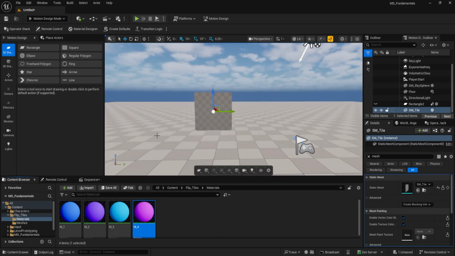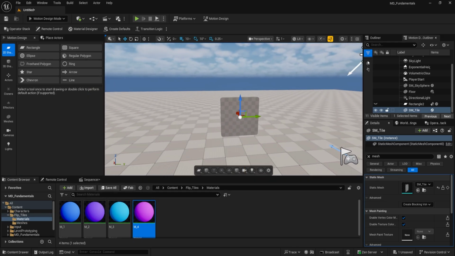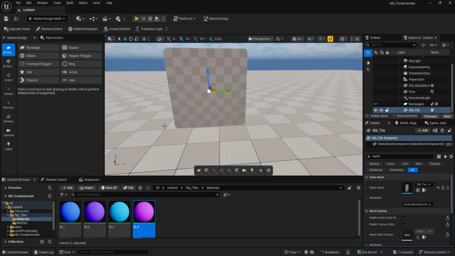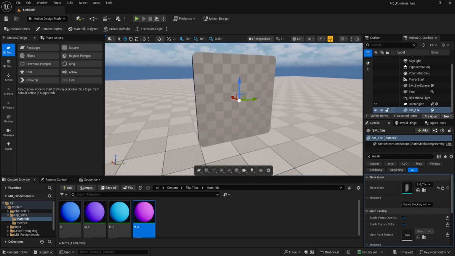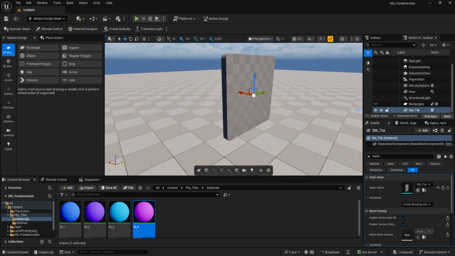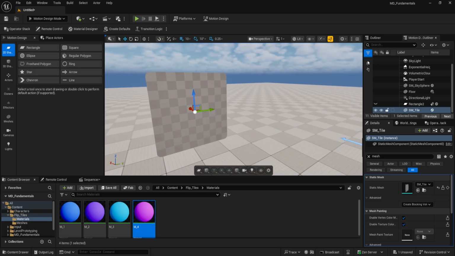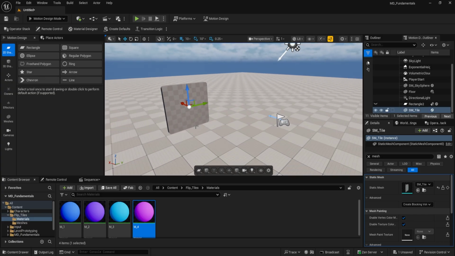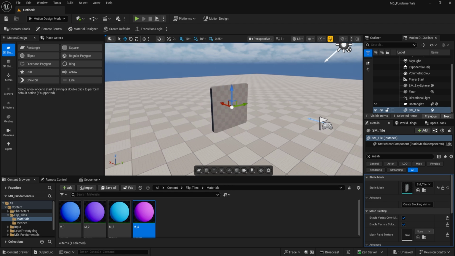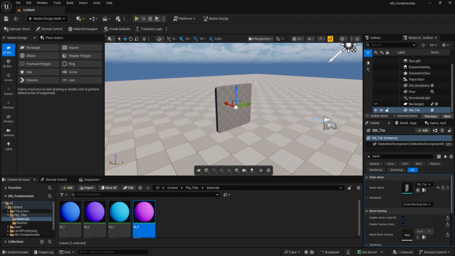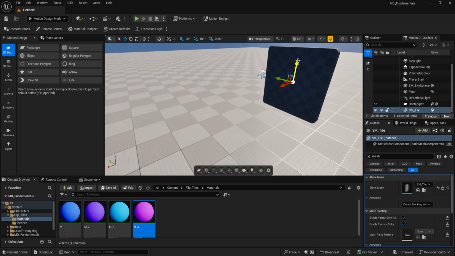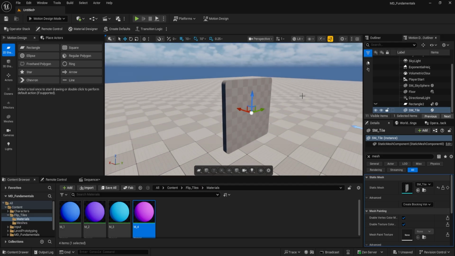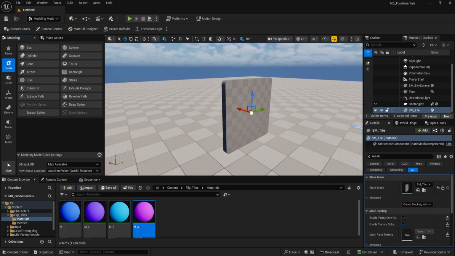Perfect. Now we have created the materials. Now we want to apply the materials. We want to apply two materials on this tile, and by default when we apply a material to a single mesh, the whole material is applied on the complete mesh. So for this, we want to apply one material here and one material here. For this, just go to the modeling section, and from here just go